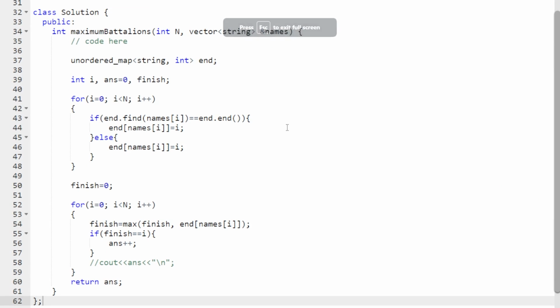So if we look at the actual implementation, we have n, that is the number of soldiers, and a vector of strings which gives the names of the soldiers. I have taken one unordered map which will map a string to an integer. Basically, for all the names I will store their last occurring index. Initially my answer variable is 0, and I will start looping from i equals 0 to n. First of all, I will assign the ending index in my unordered map for all the names. So if names of i is not present in my end map, that is, this name of the soldier has occurred for the first time,